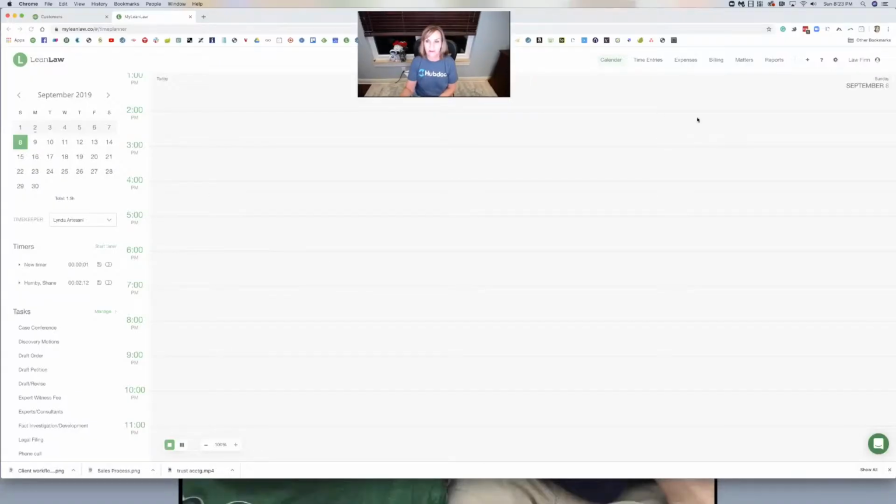So here we are in LeanLaw, and this is your typical homepage that would populate when you click into LeanLaw. And it's really simple. You're going to come over to the plus sign. So it's just like QuickBooks. You're going to enter a transaction, something transactional. It's the quick create button. So I'm going to click the plus sign, and all I'm going to do is add a client here. So I'm going to add a client,